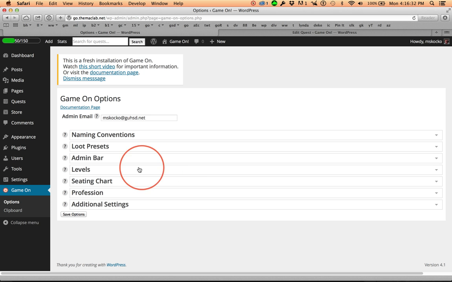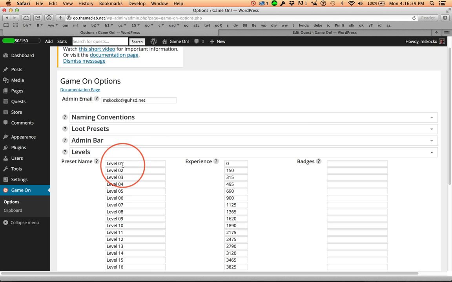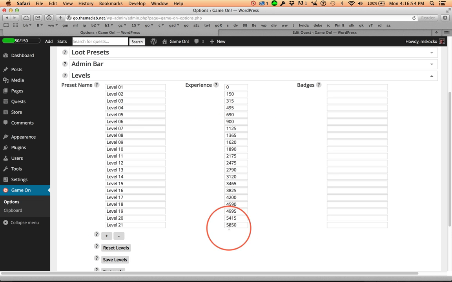Now, back to our naming conventions and levels. Remember, we can change the name of levels under naming convention, and it will change here as well for all these levels. We have an equation in the background that is populating these so that if you were to add a new level, it's automatically calculated how many experience points, XP, or whatever you call this, would be required to